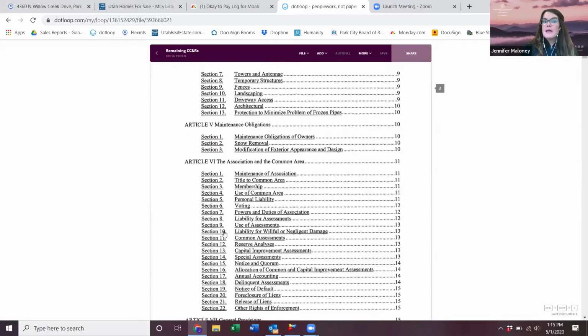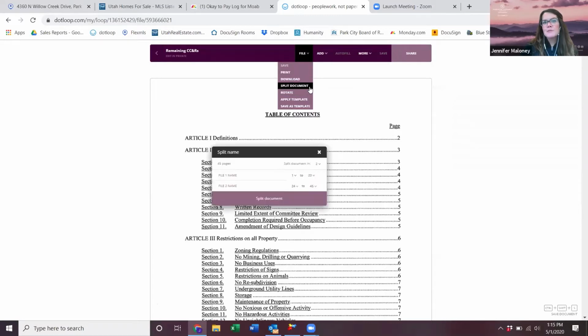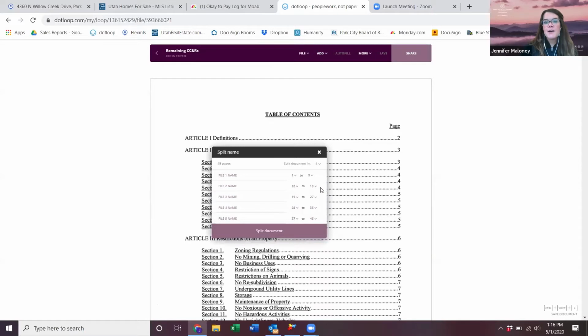Okay, well, maybe I want to split this even further. So I'm going to go into this pages 2 to 46 that we split, and I want to split that into maybe 5 different documents. So I go over here and I want to split it into 5 documents, and I can say this is part 1, part 2,